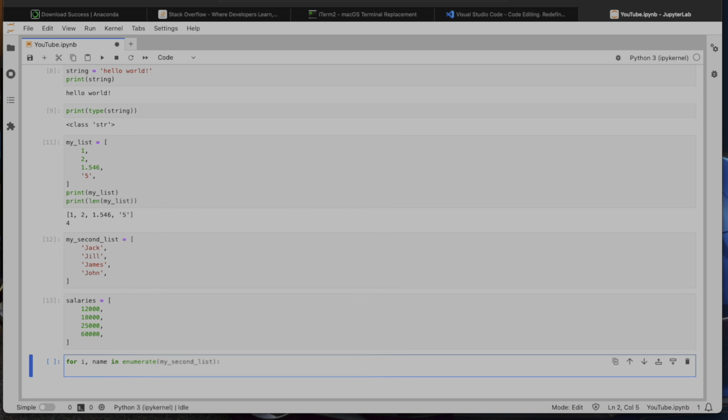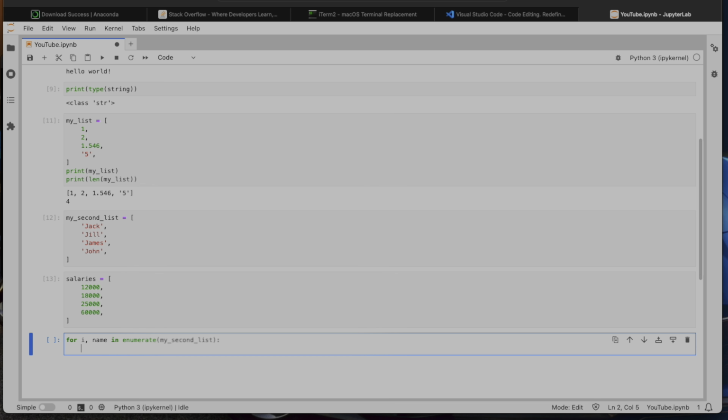So I could just keep going here and write the rest of the code for you, but I think it is instructive for us to first double check that the code is doing what we think it's going to be doing. So if you recall, I said that I think we are going to get an index under the variable i, and the name, which is the item, under the variable name. So we can do that very easily by using a print statement. So we can just type print,